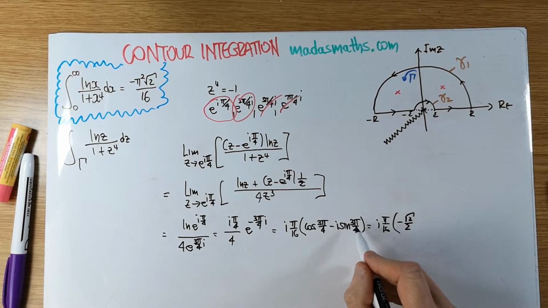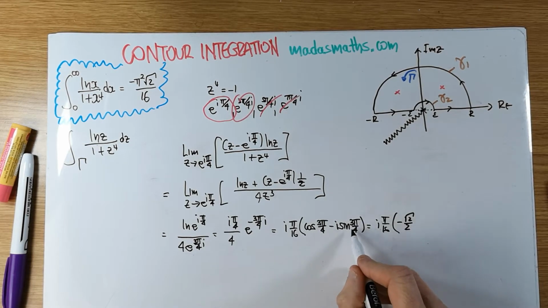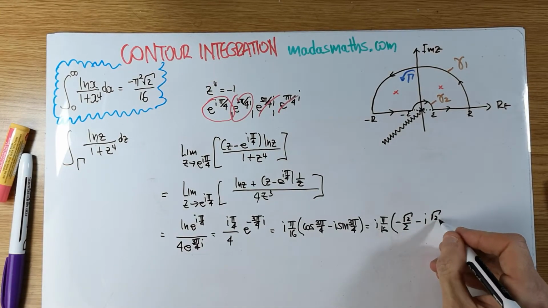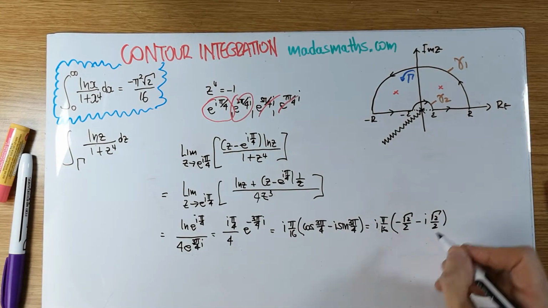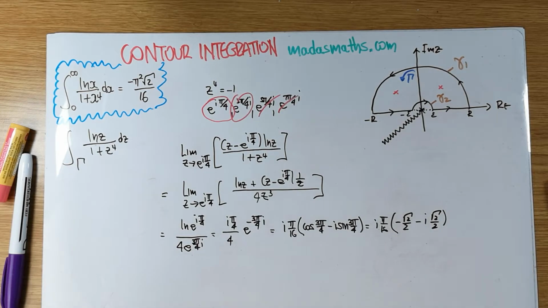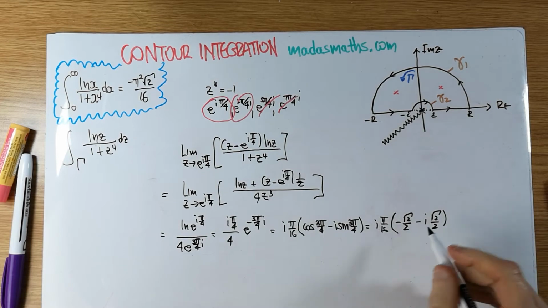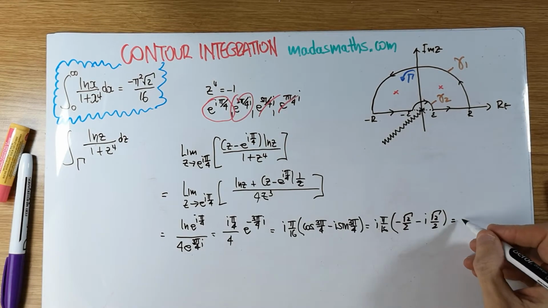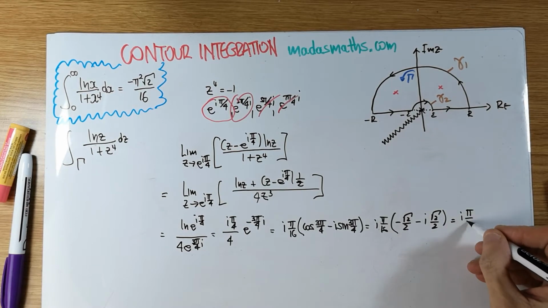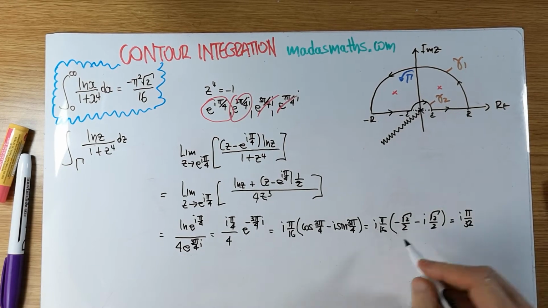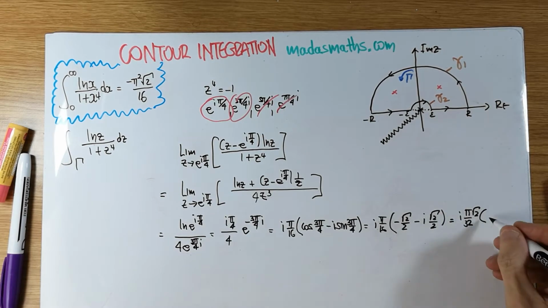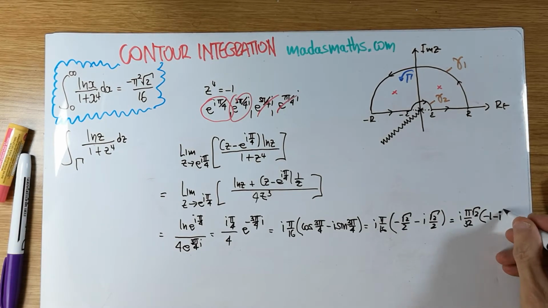Sine of 135 is positive root 2 over 2, but I've got a minus, so it's going to be minus root 2 over 2. And if I tidy this up a little bit, we're going to get an i pi over 32